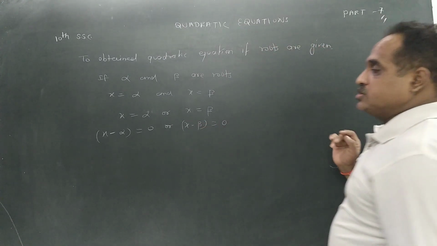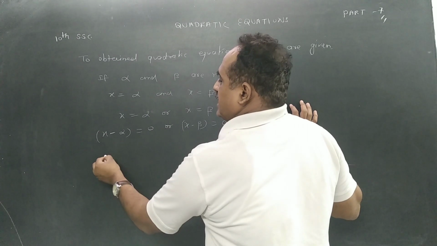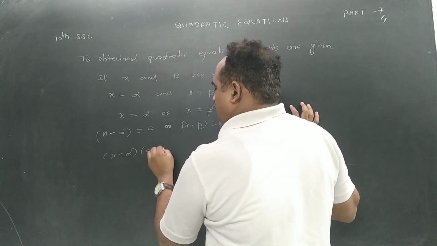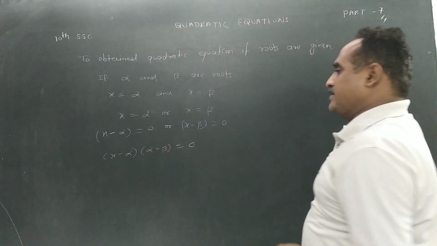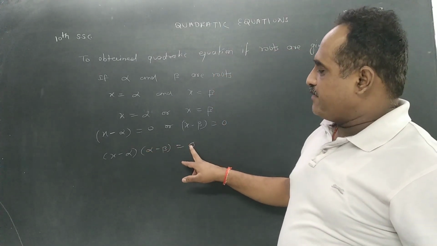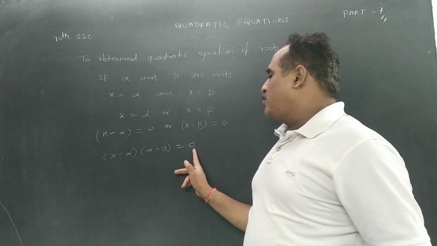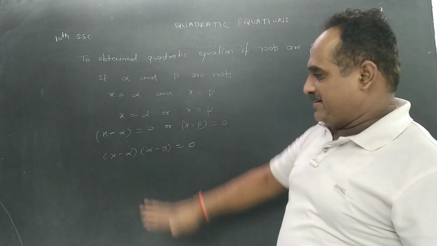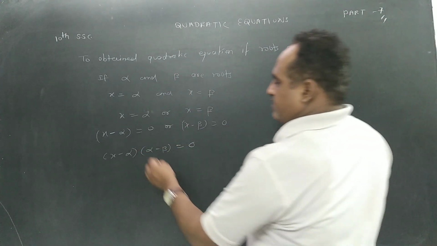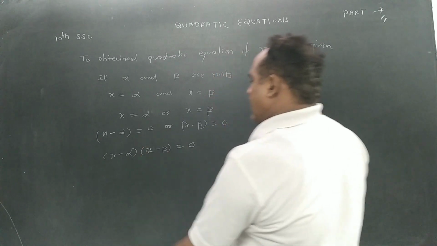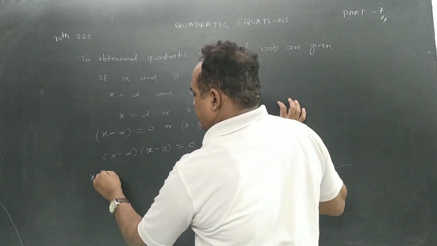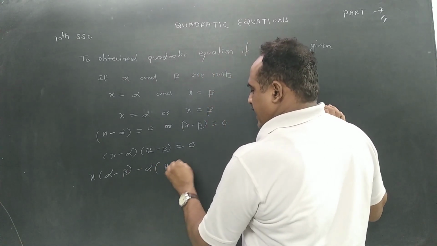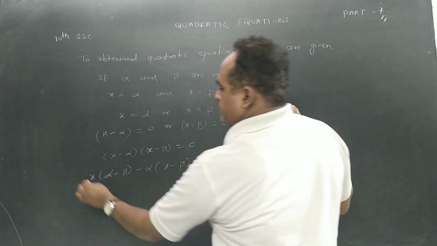You got it now? So we got this equation because x minus alpha into x minus beta is equal to 0. See, we got the final step as this. I told the product of this is equal to 0, that's why this is equal to 0 or this is equal to 0. And we got the answer. अभी हम लोग उल्टा जा रहे हैं. Is it right? If I solve it, what I'll get then? Sorry, this x. So what I'll get? x into x minus beta minus alpha into x minus beta is equal to 0.